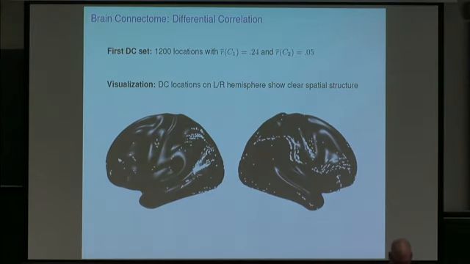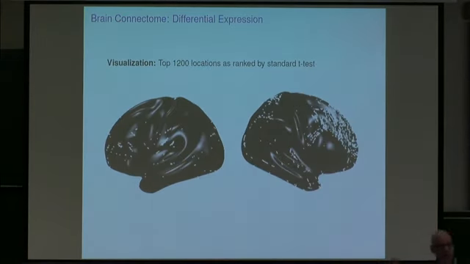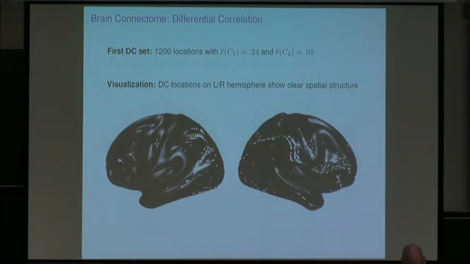And then we said, well, how about differential expression? And again, you see, it's not as if there's no spatial pattern here, but it's different. So to make the point yet again, the second order analysis is finding something different than the first order analysis. So this is first order, second order. They have some things in common, but they're definitely different. All right.